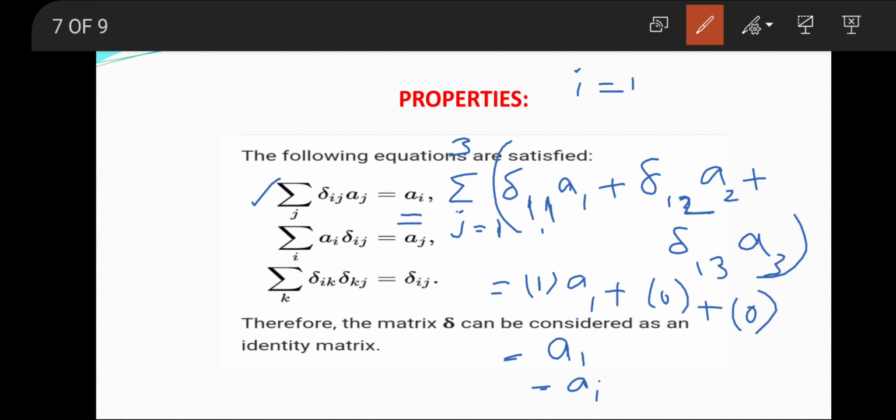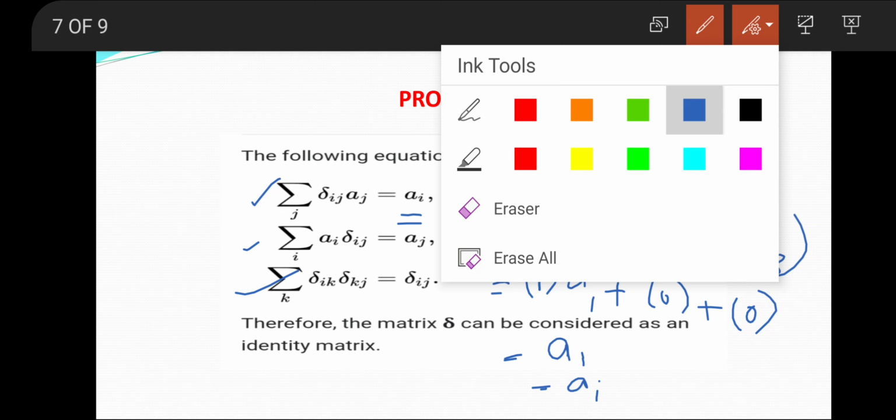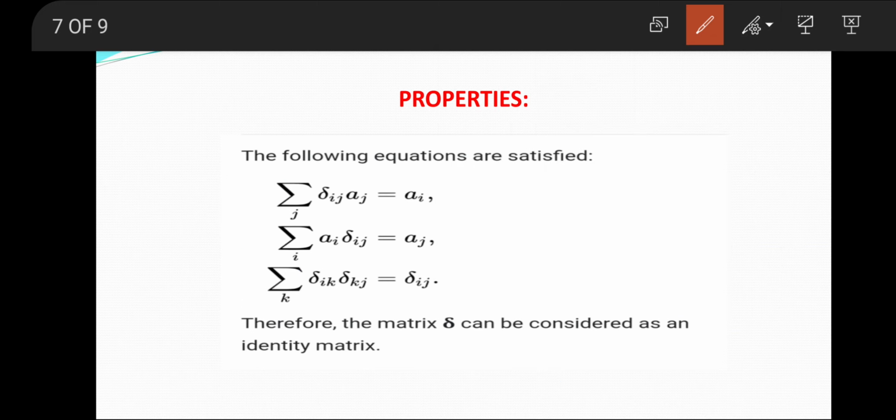In the same way we represent this and this, the values, and we get the same resultant. Let us check it. Now let us consider this equation. Since we are doing summation for I value, let us consider I equal to 1 to 3 and j value is fixed at 1, for example for this equation.